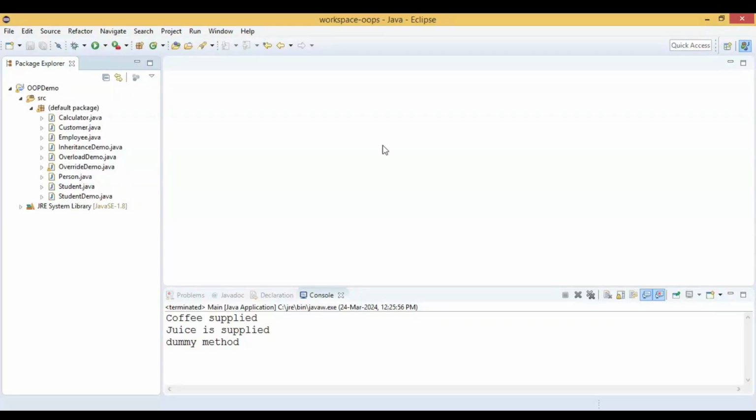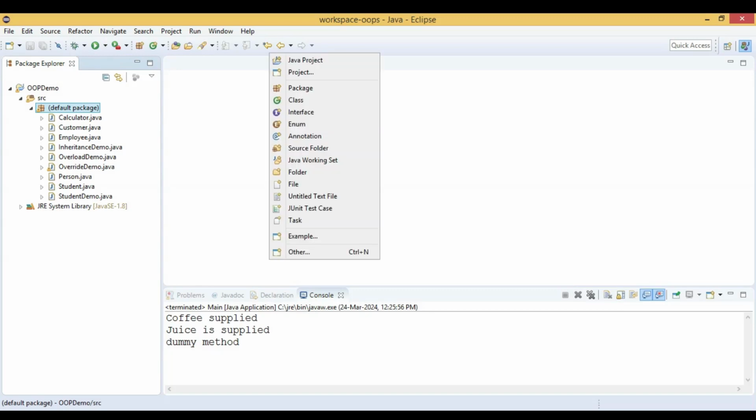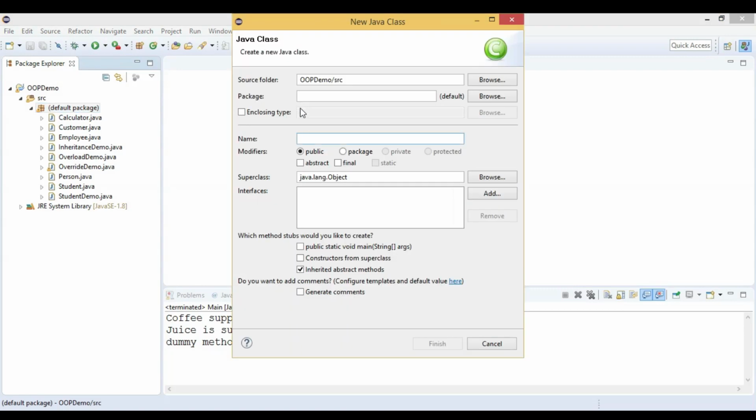Hi, in this video, let us discuss abstract, how abstract is used in Java. We will see one code sample. We will create a class called Shop. It represents a general form of a shop. It can be a vegetable shop, or a fruit shop, or a flower shop, etc. Okay, so we have a class Shop,